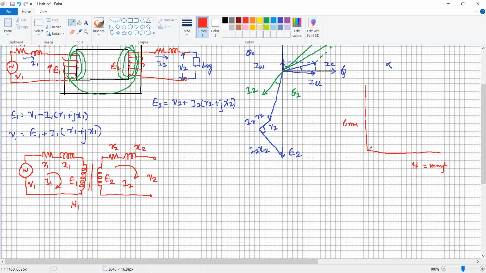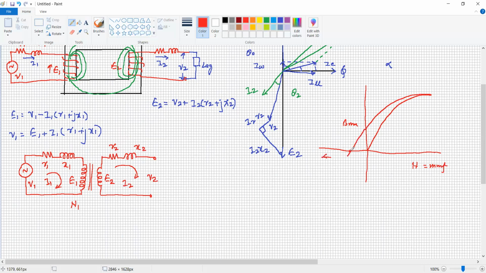If you increase the mmf, or increase the current, the flux also increases. At some point it becomes saturated. Now if you reduce the current, the flux does not follow the same path, but follows a different path. Even when the current or magnetic field strength is zero, there is some residual magnetism. To reduce it to zero value, you have to apply mmf, or current, in the opposite direction.